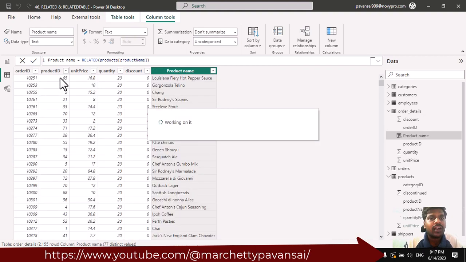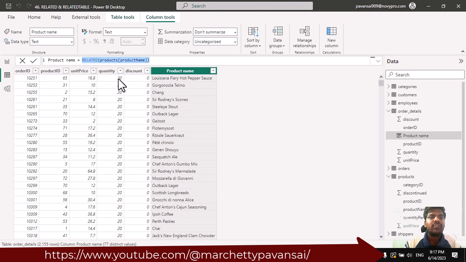Here, based on the product ID, I'll get this product name, and as you understand, the relationship must exist in order to use this function on the many side. If the relationship does not exist, you may use the LOOKUPVALUE function instead of RELATED. Okay, let us move on to the other function,